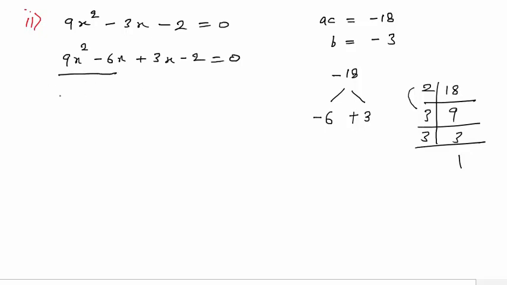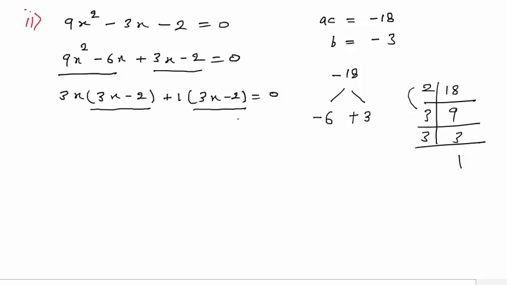Now 3x I can take common from here. So I will get 3x minus 2. And in the second part, I will take 1 common so that I get 3x minus 2. We have to keep one thing in mind, that if here I get one factor as 3x minus 2, so here also I should arrange in such a way that I will get 3x minus 2. Now I will take that 3x minus 2 common, and in the other bracket I have 3x from this side